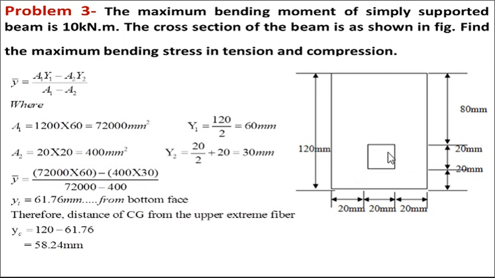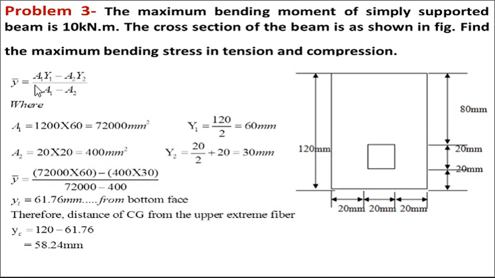In mechanics, we have seen these problems, cutting sections. From the entire rectangular cross section, a square of size 20 by 20 mm is removed. Means it is not a symmetrical problem. So we have to first of all find out y bar of this particular section, because x bar will be half of this particular section: if you pass the y axis from the center, then it will form two equal parts of the figure. Means here x bar will be 20 plus 10, 30 mm. X bar will be 30 mm. Now y bar cannot be calculated just by observing the diagram.